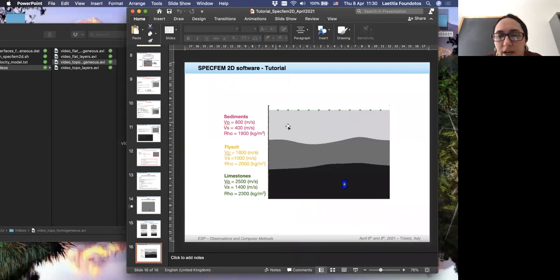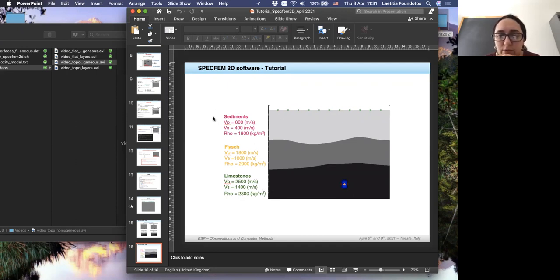I took 3 different layers, which look like the example I've shown you for the application to Trieste. If you remember, in Trieste, we have some limestones, we have also some flysch, and also inside the city, we have some sediments. So I took the same geological units and put them like that.